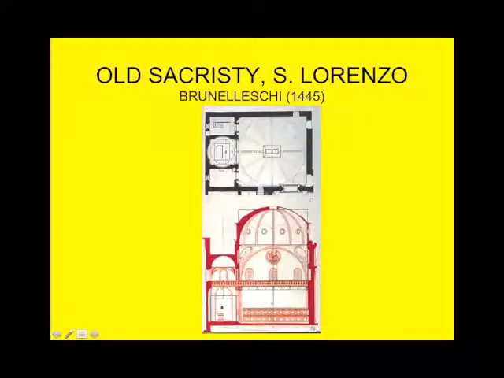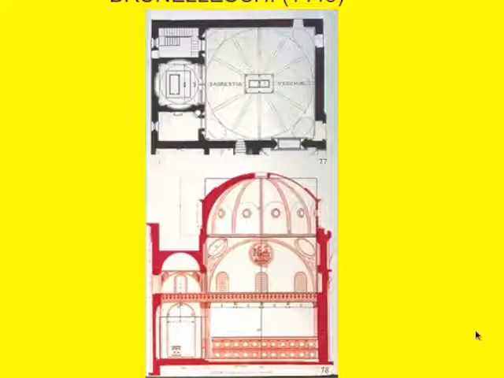And if you look at the section here, you can see here too he's not quite going with the Roman models. I think partly it's because Brunelleschi was too good of an engineer to go with the Roman models. Once you figure out how to do the dome for the Florence Cathedral, you're never going to want to do one of those compression domes like the Pantheon dome because it's just too heavy and too ponderous.